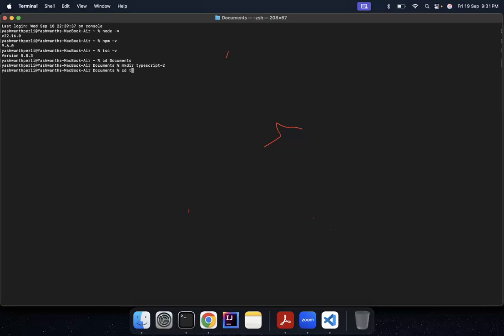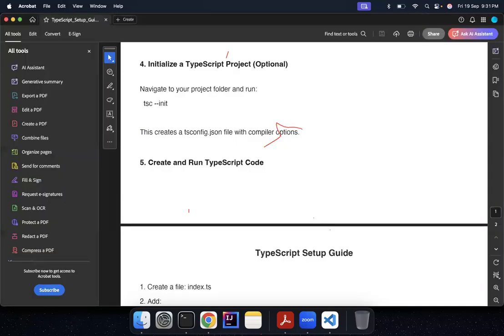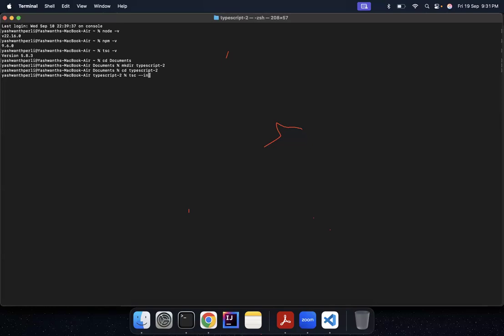Okay, and then I'm going inside this TypeScript 2 folder. Here I am going to run a command called tsc --init. Okay, so what does this command mean? You are saying initialize a TypeScript project in this specific folder. Okay, and when I click on enter,